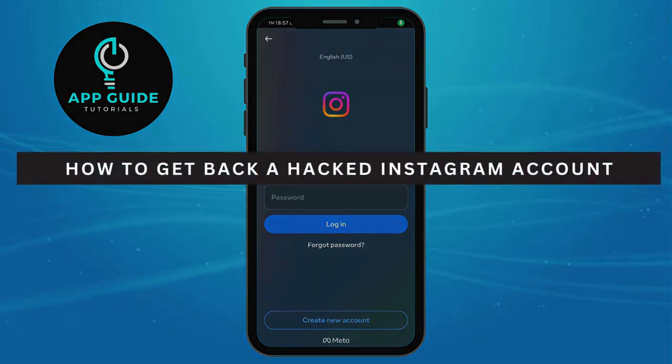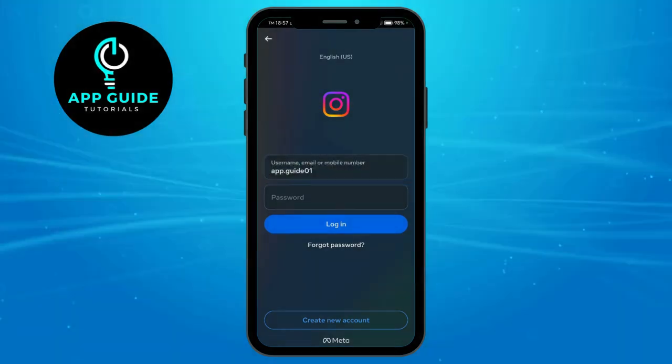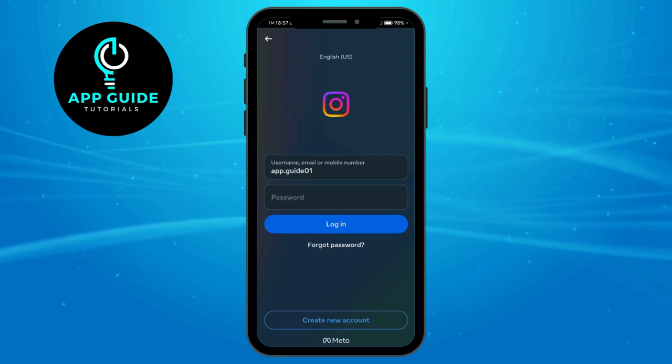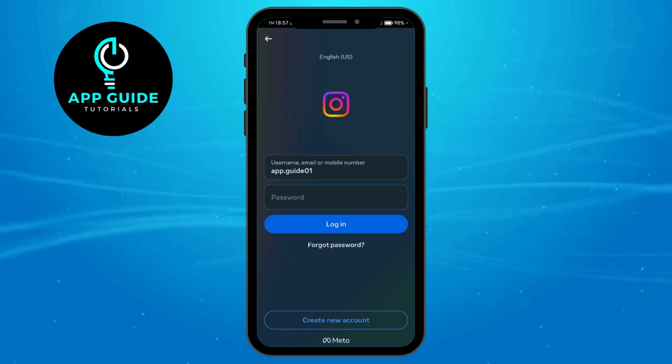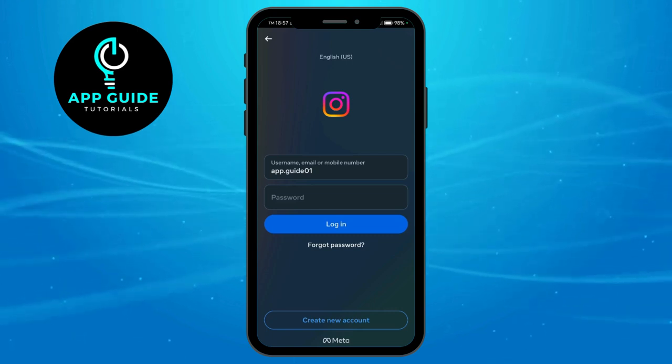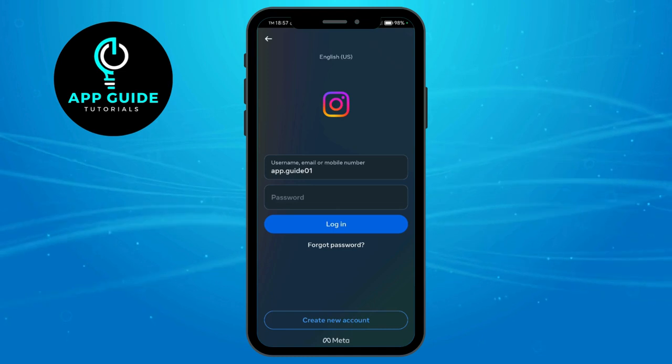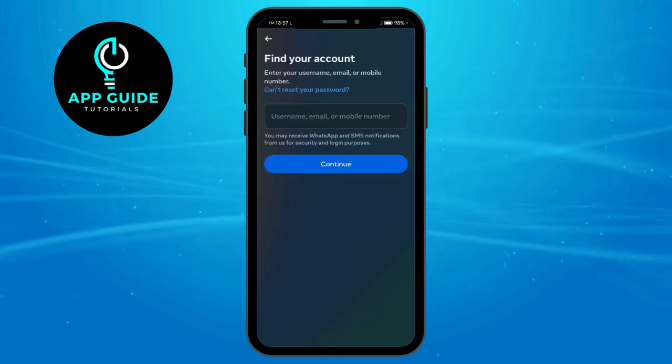How to get back a hacked Instagram account. In order to do that, you need to head over and click on forgot your password. In some cases, the hackers will also reset your password. So just head over and then click on this forgot password right here in order to retrieve access to